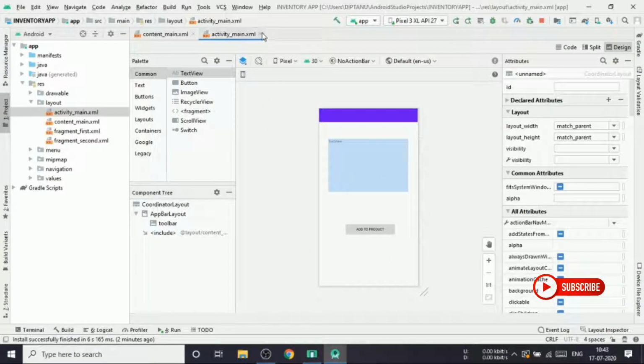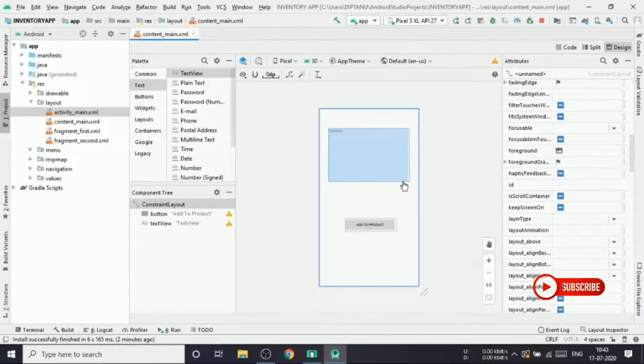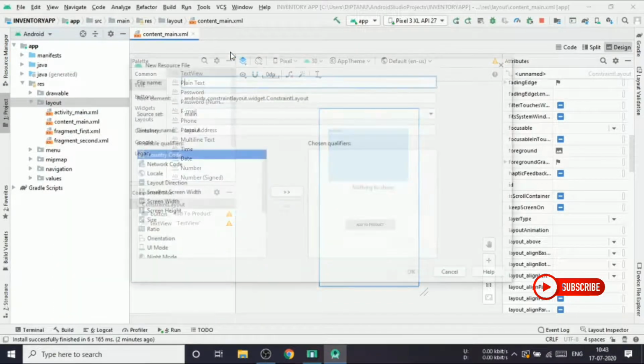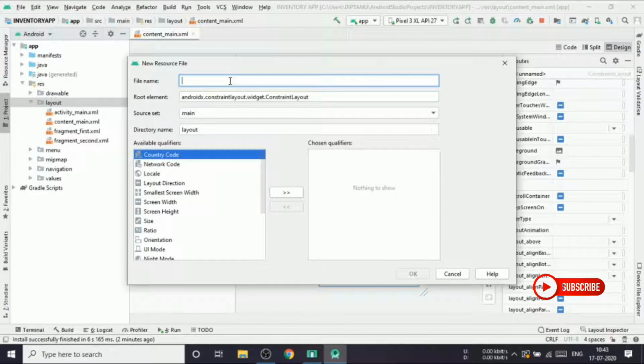So this is what, but we don't need this anymore. We'll not work on this. So next, what we need to do is, we'll add a new XML file. So we'll just click new. We'll give a layout resource file. So what we will name this file is add